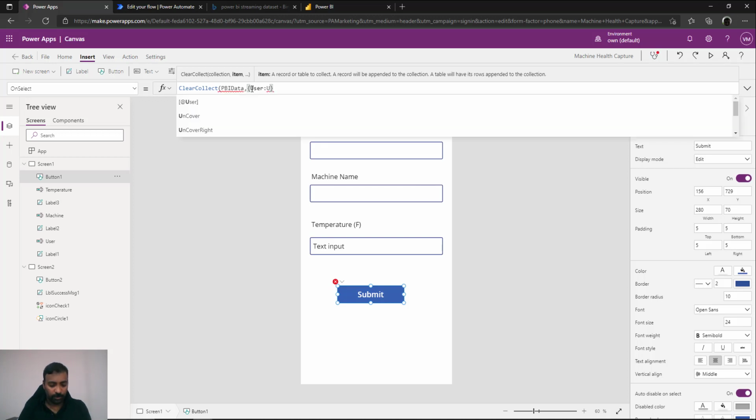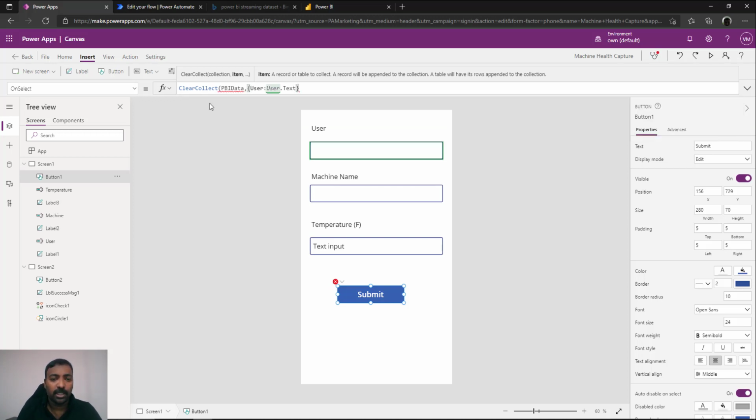You can type user dot, and automatically the text will come. So this will correspond to the content which is coming from this user text box. Similarly, for the second part, you need the machine information, and it comes from the machine text box, machine.text. And the third one is the temperature, which comes from the temperature text box.